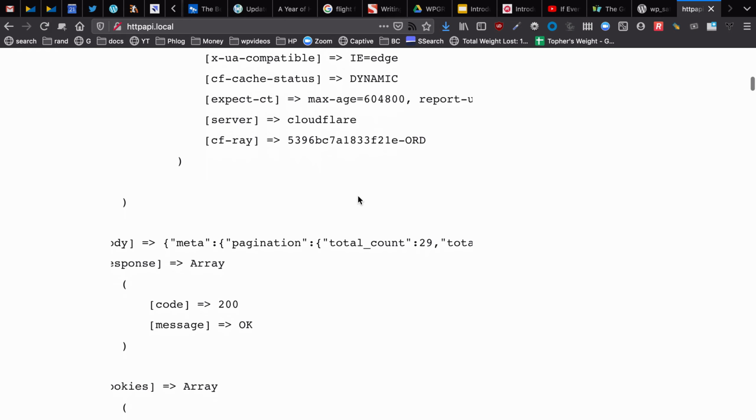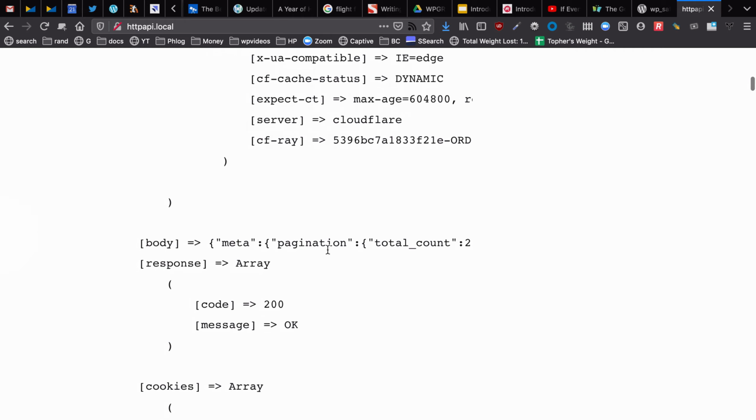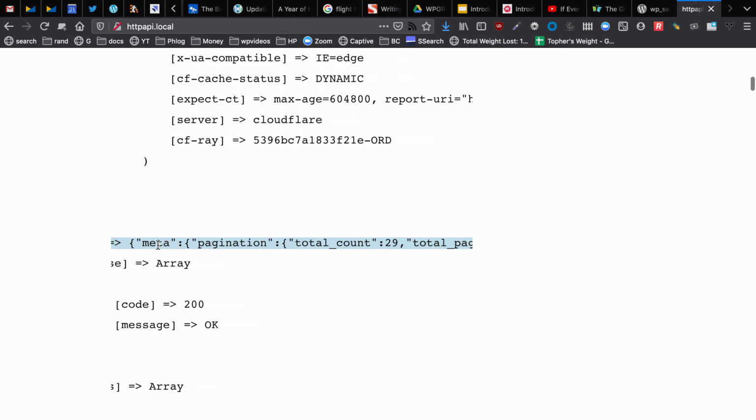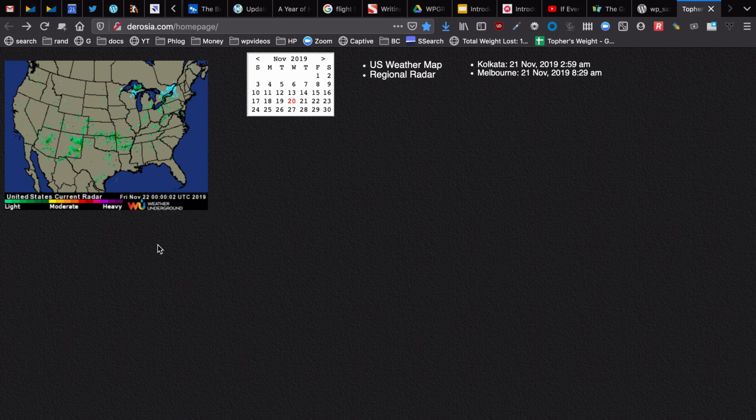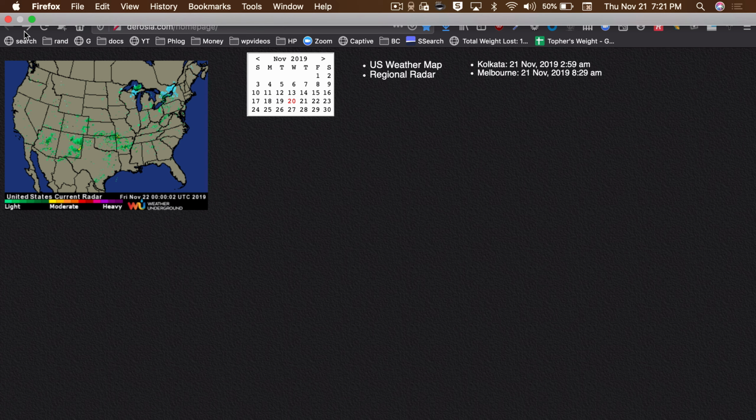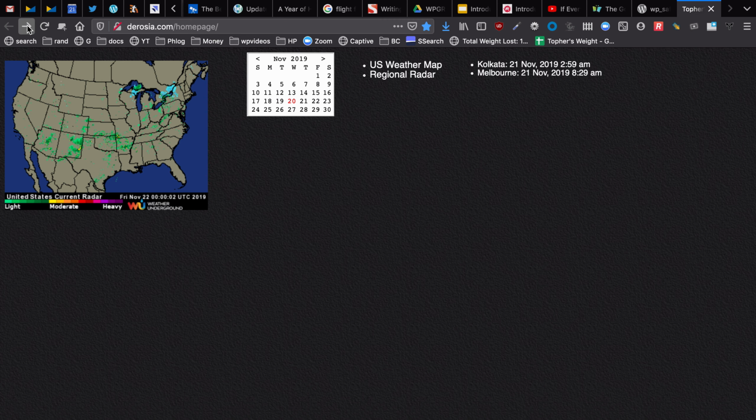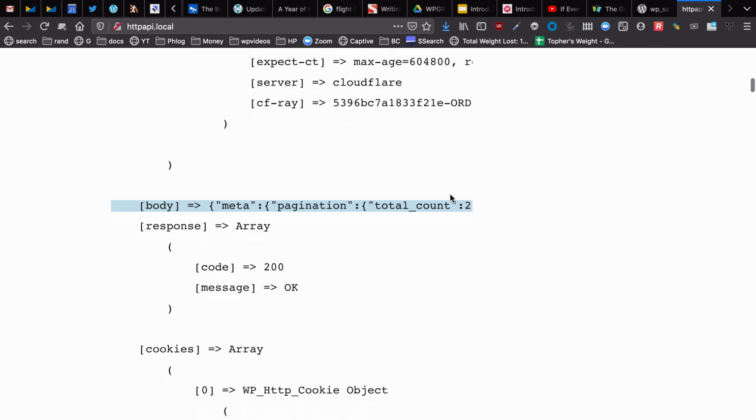All that stuff. Comes from Cloudflare. I don't care. Right here is the body. And I'm just going to scroll to the right here a little bit. I'm not going to go all the way to the end, but you get the idea about how long that is. Whoop. Ha! And if you three-finger swipe sideways on a Mac, you go back.